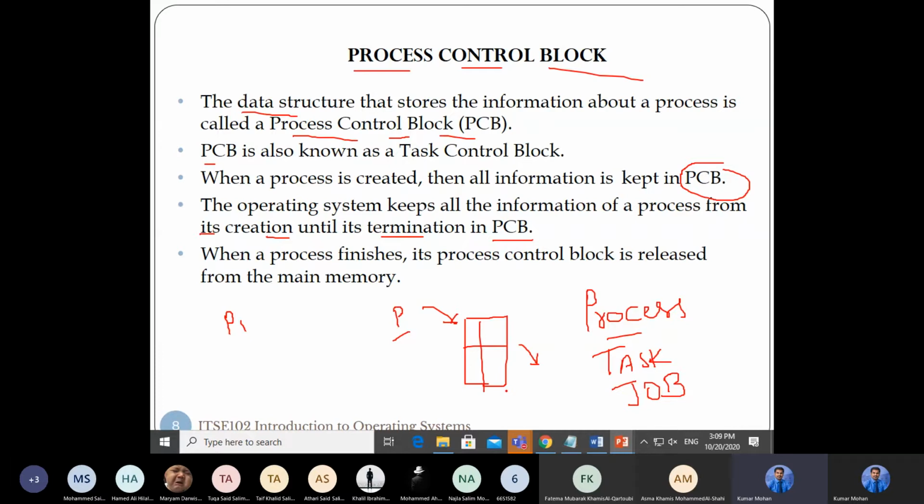So what has been done is, whenever the process is created and until it is terminated, during that period only it will be stored in the control block, because it will take memory, right? And I want the memory to be released once it is terminated. So that is called what? Process control block. Do you get some information about process control block? What is process control block?